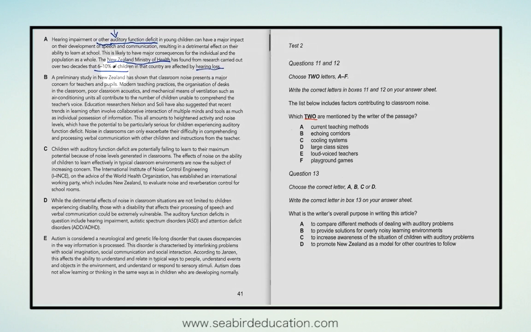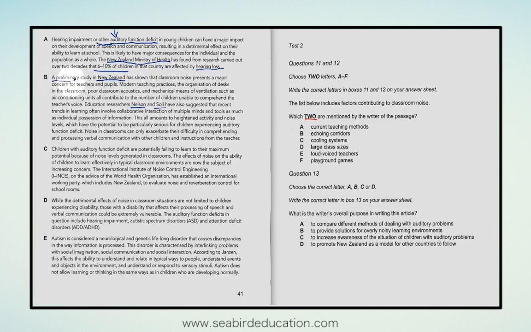We're not going to read the whole text. We're going to underline the keywords. Those are usually capitalized letters, and also what I call honey words. They are things like linkers, however, nevertheless, in addition, on the other hand, for example. So we're going to be looking at those. We're not going to read in detail, except the first sentence. So the first sentence we are going to read in detail, but everything else we'll just underline the keywords like Nelson and Solly, and I'll show you some of the honey phrases that I find.